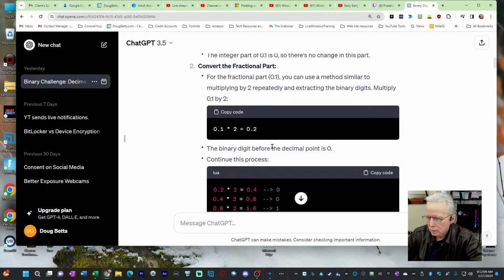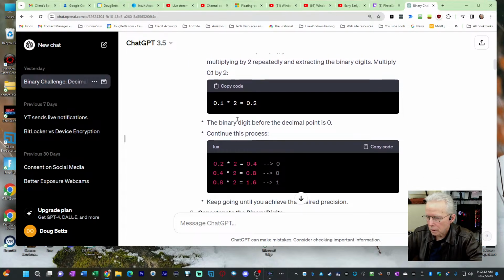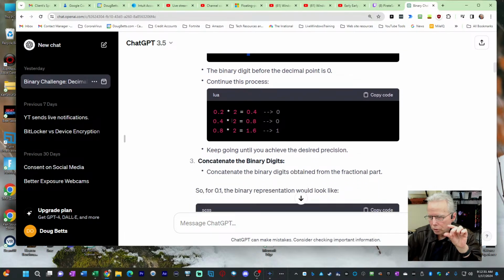And here's a little bit about how it's done. How do you store this in ones and zeros? 0.1. So the answer is you multiply it by 2, and then you take the left side of the decimal point, and that becomes your first binary digit. And then you take that 0.2 and you multiply it by 2. And you get the result of 0.4.